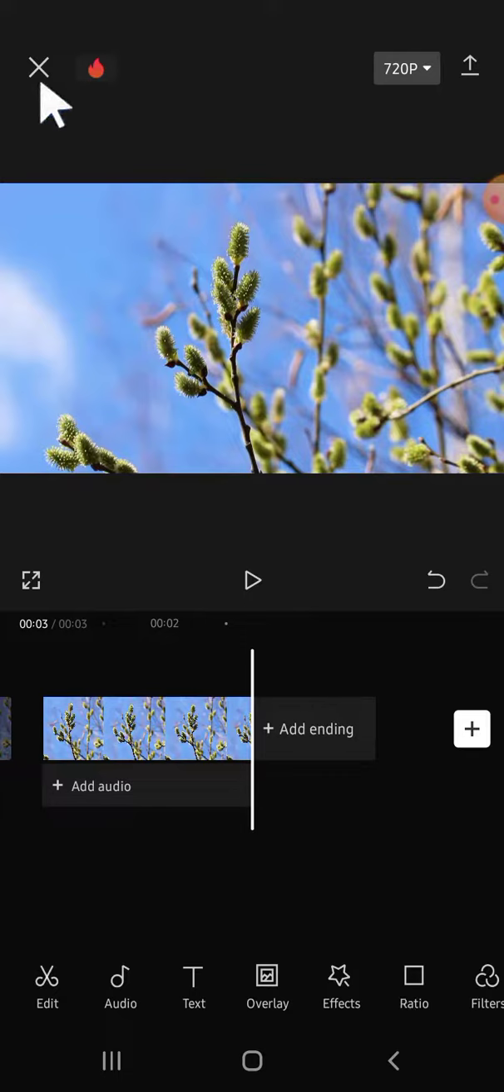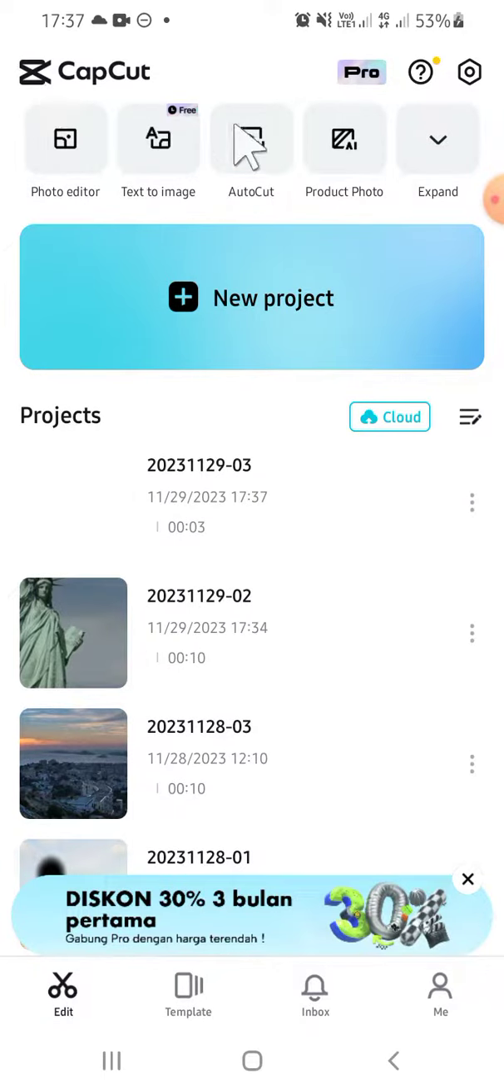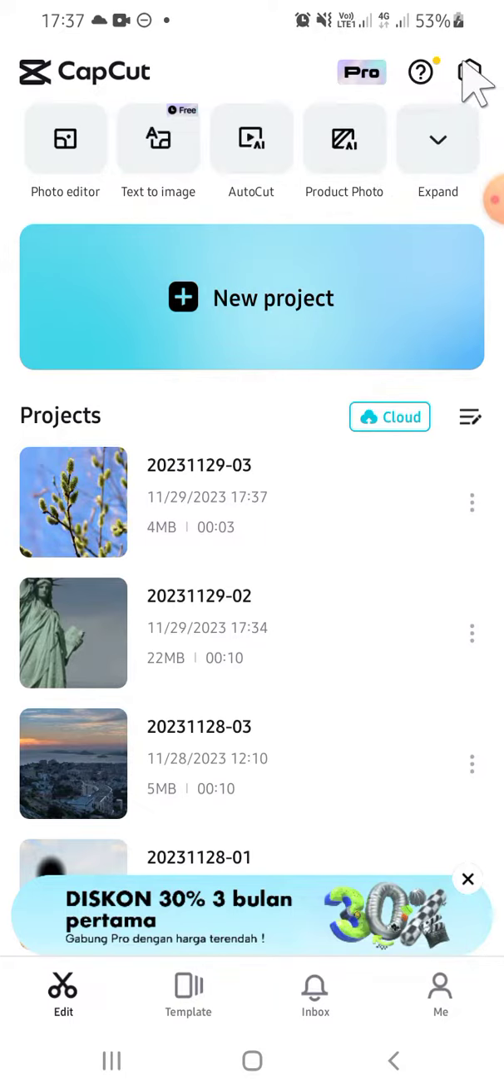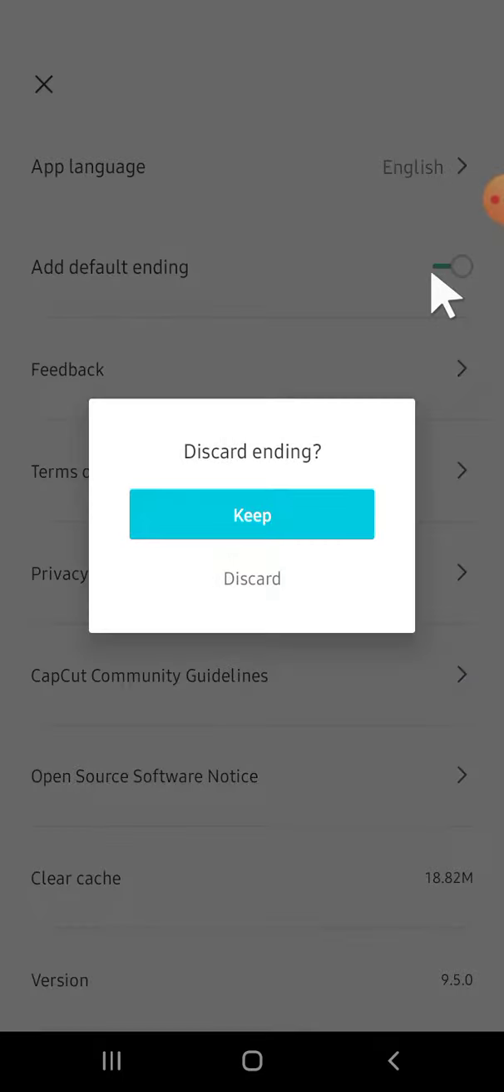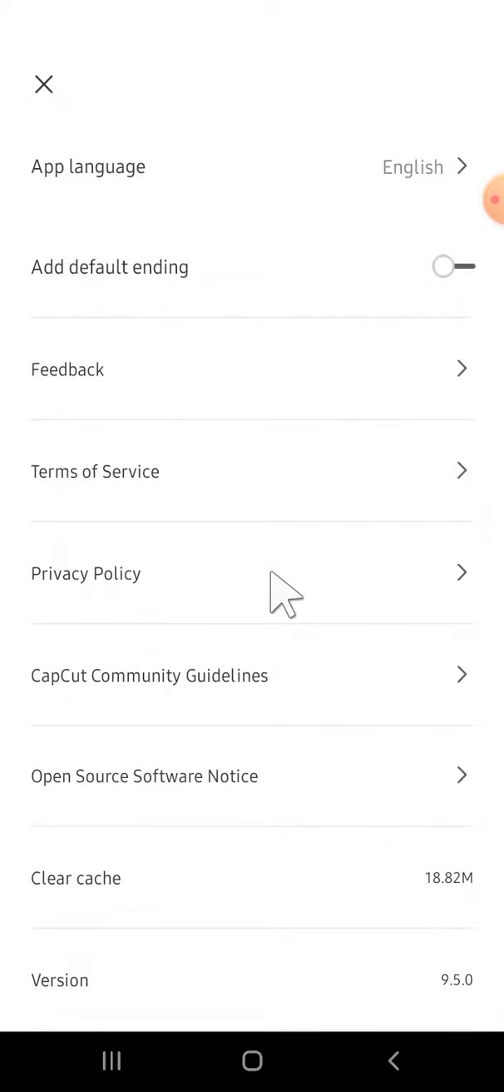So we can go to the CapCut homepage. Go to the homepage and you can go to the CapCut settings right here, guys, on the top right corner of your screen. Then after that, you just need to select this one. You can tap on the circle button to turn off the default ending. You can tap on this toggle button, then click on discard. Okay, and after you turn off the default ending, the watermark won't appear again on your CapCut